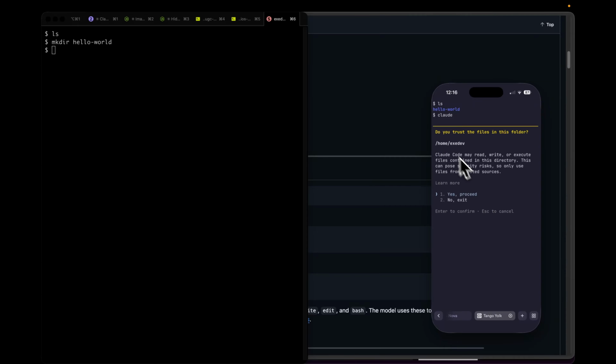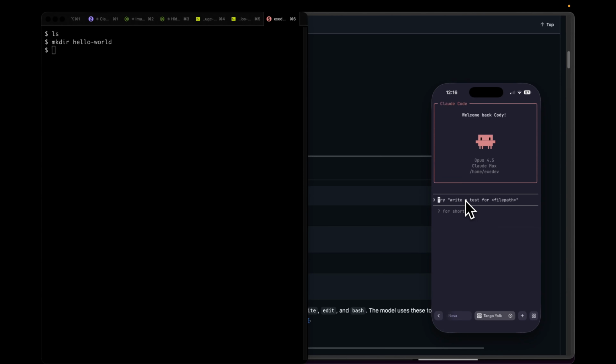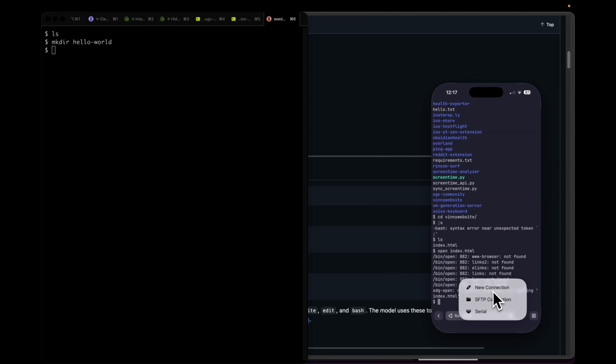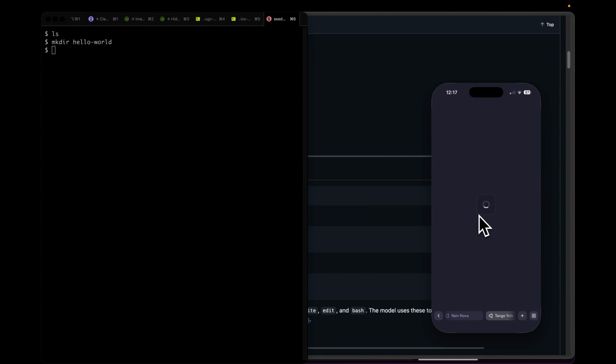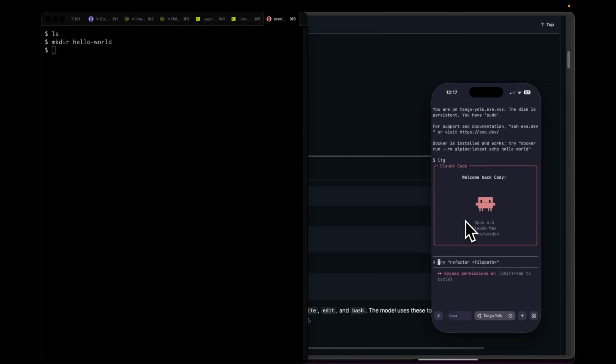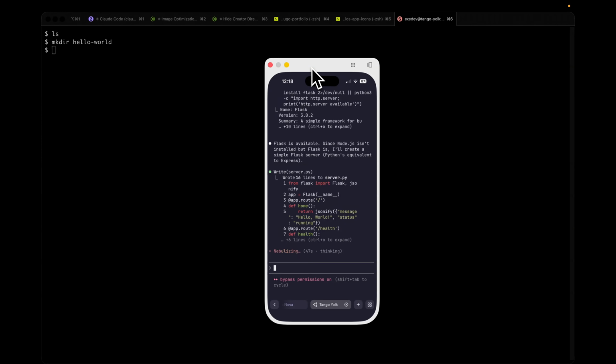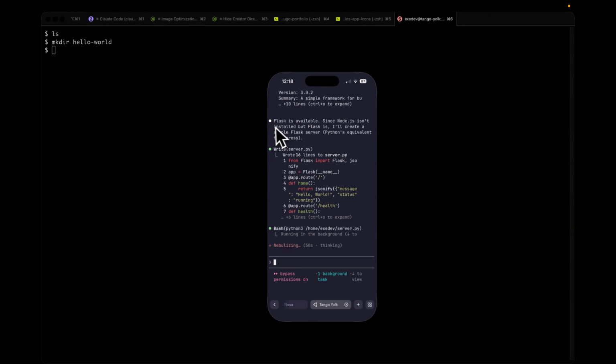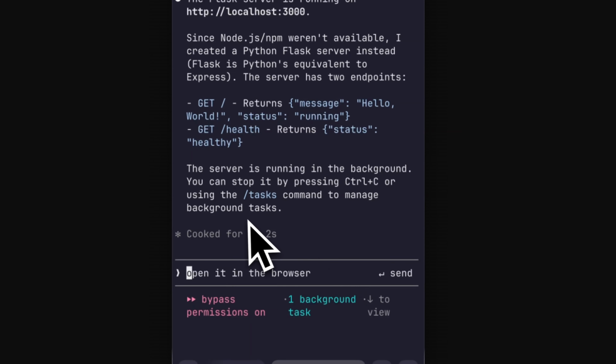Now what I then do, because again we're on our phone, I create an alias for Claude dangerously skip permissions to be LFG. Click new connection, tangleyolk. Okay, now we should just be able to hit LFG, enter, and there we are. Let's just say, let's see, Express server and run it. Oh, interesting. So Flask is available, but Node is not. Okay, so here we are running